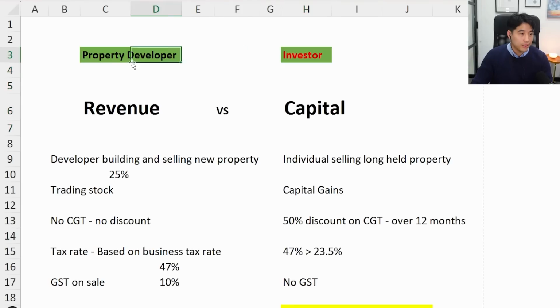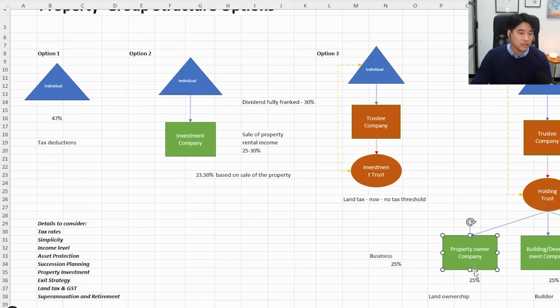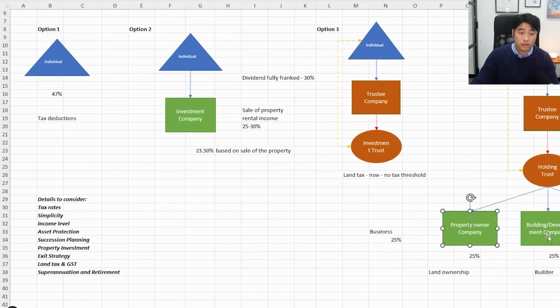If you're a property developer, 99% of the time you buy the property in your company because you want to get the lowest tax rate. You don't want to be paying 47% and you want to protect yourself. And then we talk about whether we need to set up different entities to protect the wealth you're creating. My recommendation is when you're going to do your next investment, you always need to speak to an accountant. I just want to give you guys a broad understanding of what you should consider, the structures, and the taxes that you need to be careful of.